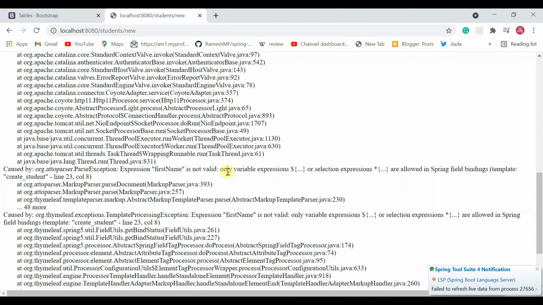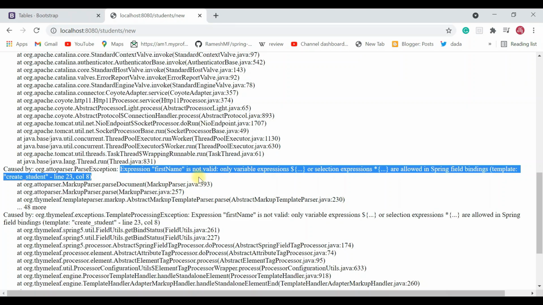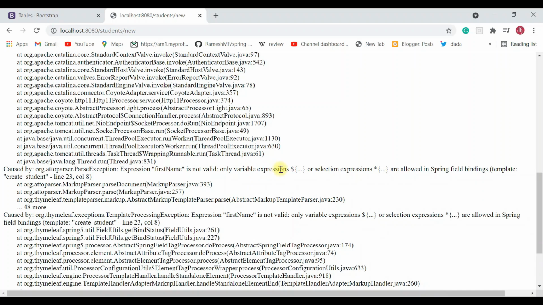Post name is not valid. Okay, yeah, so look at here, the exception clearly mentioned, like we have used dollar and curly braces. Basically, in order to bind the input text, we have to use star curly braces. Okay, all right, let's head over to STS IDE and let's fix this issue.